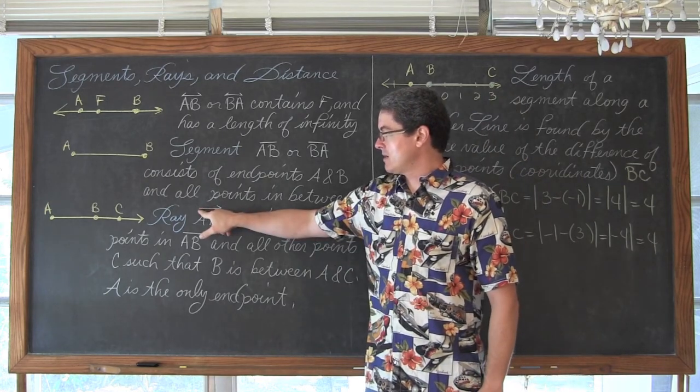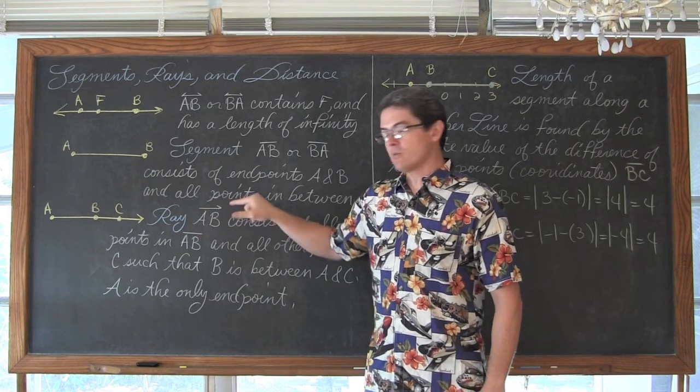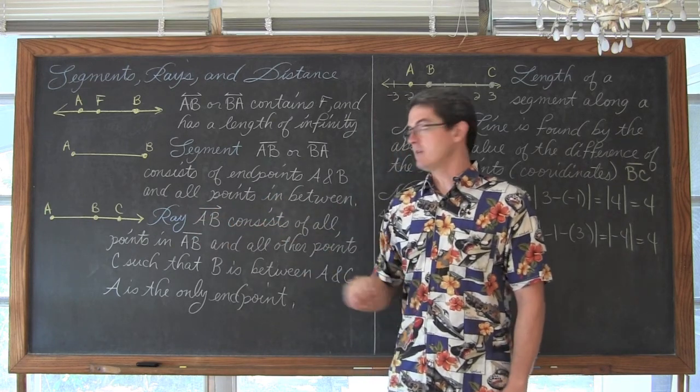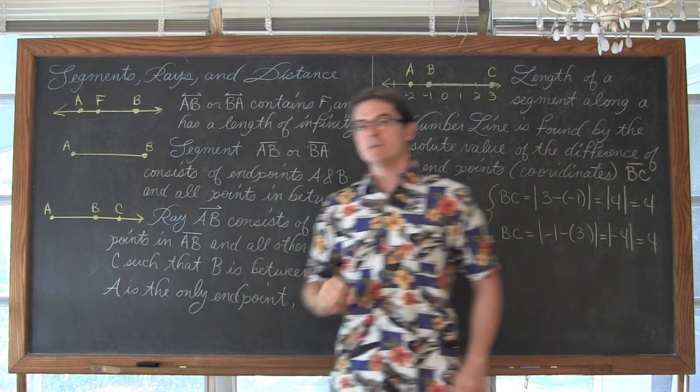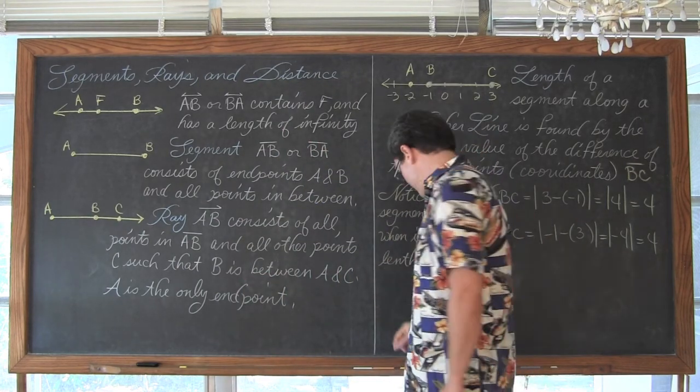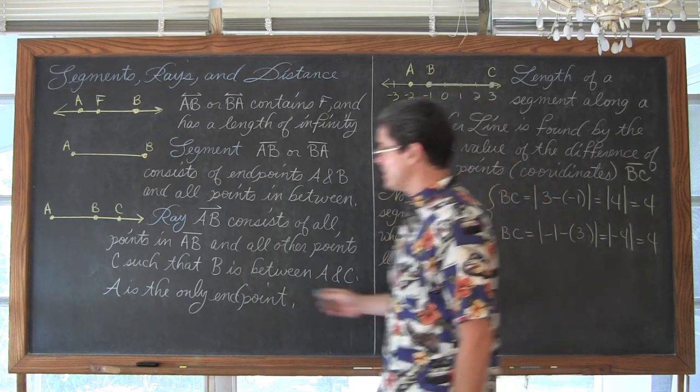If you'll notice here, I have a single directional arrow, and the starting point of that arrow is the only endpoint that this ray I've drawn actually has, which is the A. Just to really try and drill it home,